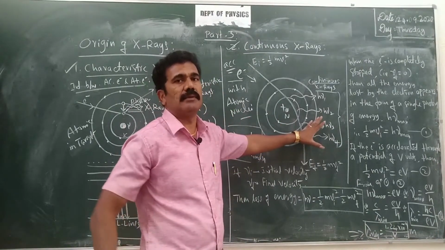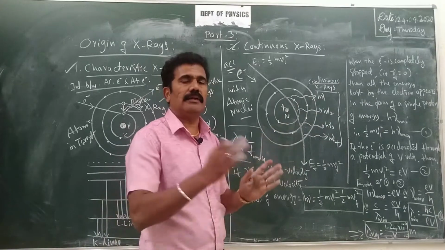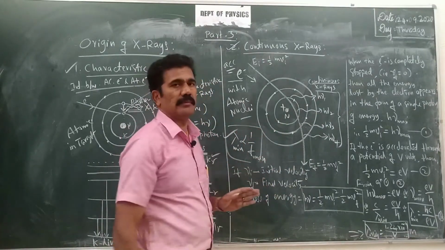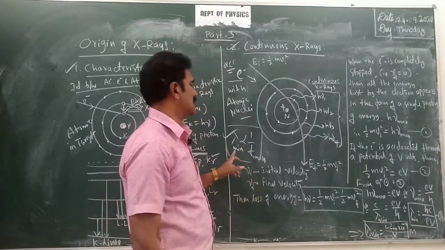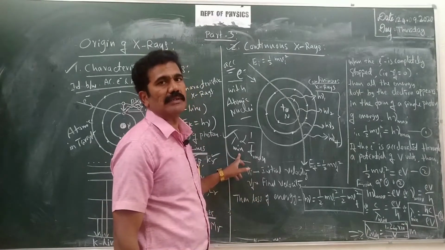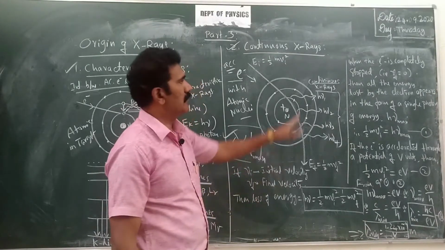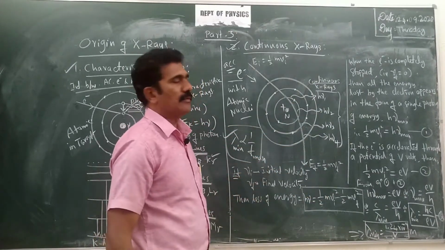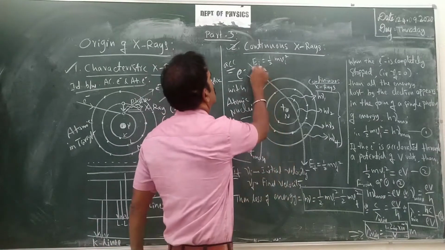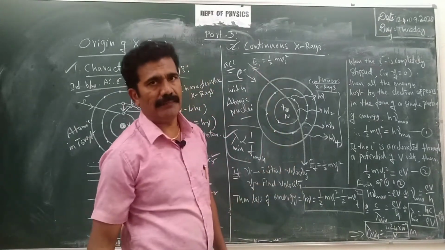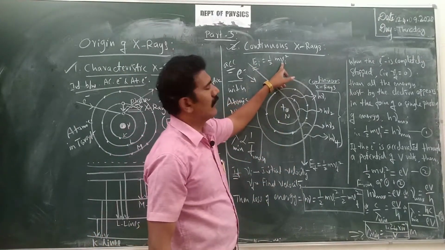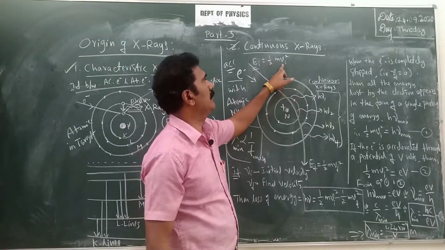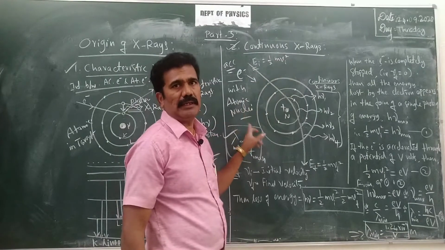I said all possible wavelengths are emitted, right? Then in that, which is the cutoff wavelength? Lambda minimum. How to calculate this lambda minimum, and on what factor this lambda minimum depends in the production of X-rays. So let us see a brief discussion on that. Look at the equations. Suppose I consider the initial kinetic energy equal to Ei with the corresponding initial velocity Vi. Its energy is equal to half mv square, where m is the mass of the electron.